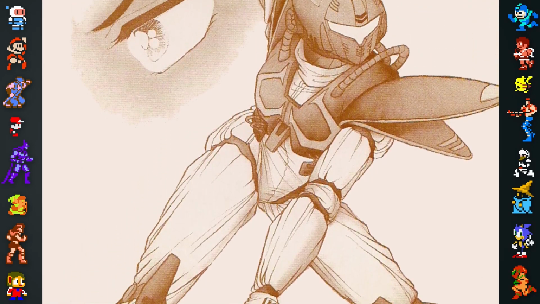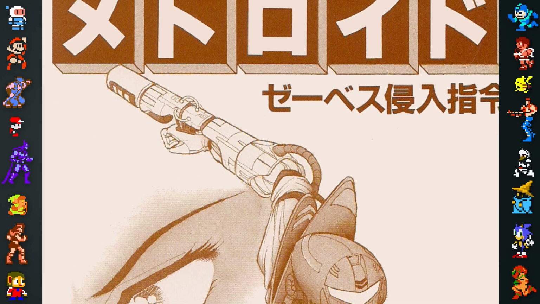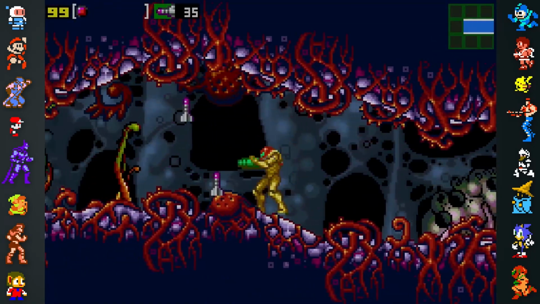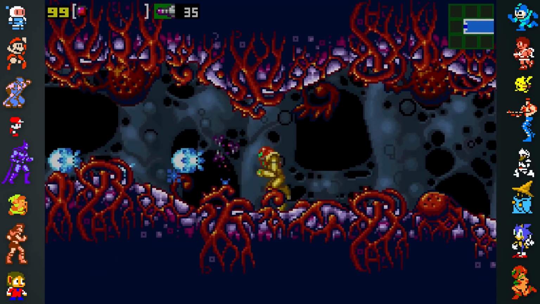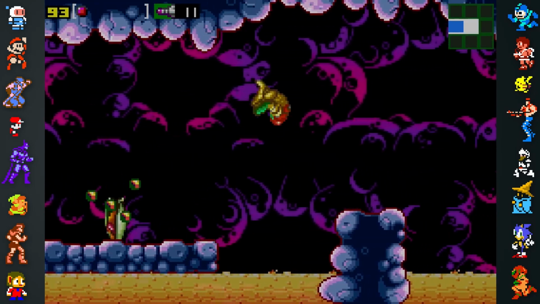These days, buying the book and getting it translated into English would set you back about $2,000, but we're gonna save you the trouble, and at the end of this video, we'll even show you how to play it without spending a penny. Just like the original game, space pirates have obtained a capsule of Metroid embryos and taken it